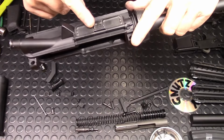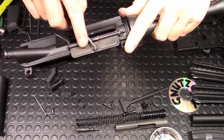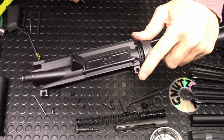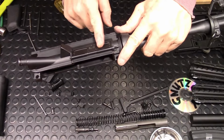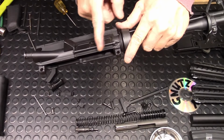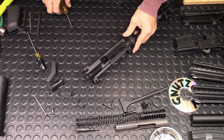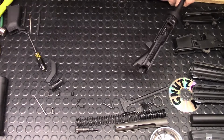Okay, so that's the plunger that holds the cover. As far as removing the cover is concerned, you can't do that without removing the whole barrel and everything. So that stays. Now, as far as the forward assist is concerned,